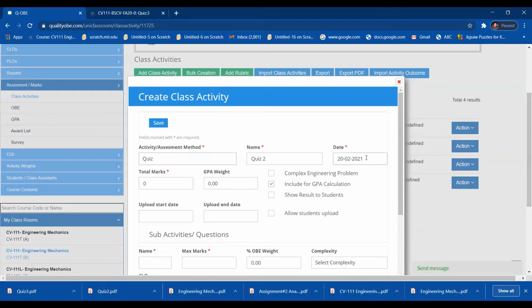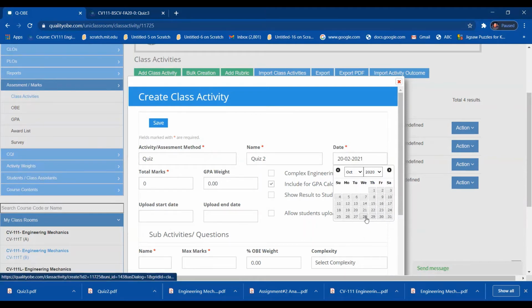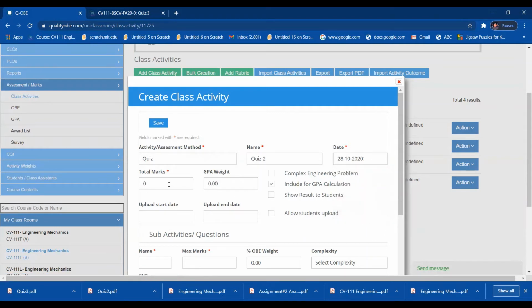Quiz number 2 was conducted on the 28th of October 2020. Let me click on 28. Quiz number 2 is of 3 marks, so the percentage will be 3.